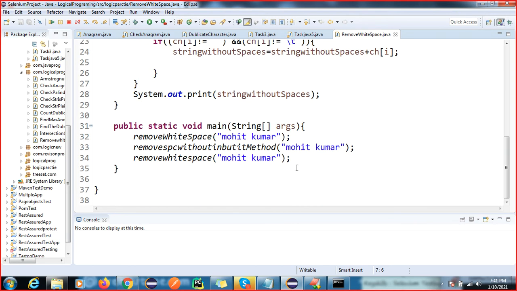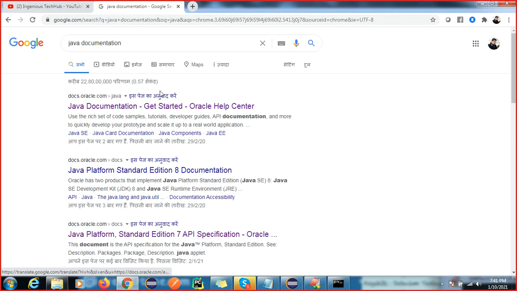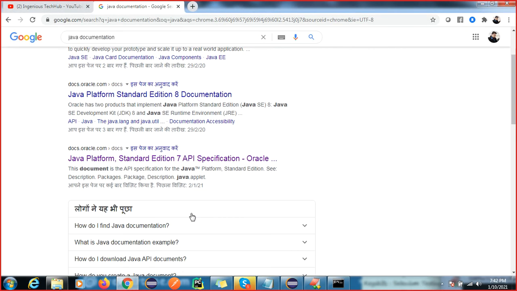I'm going to create one object here: String str equals new String. First I want to show you this Object, so you will understand.